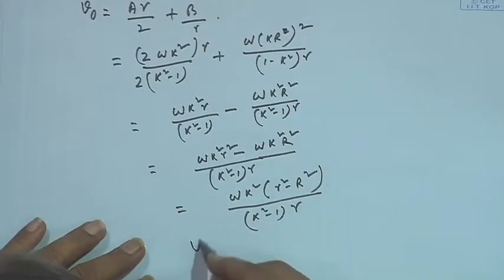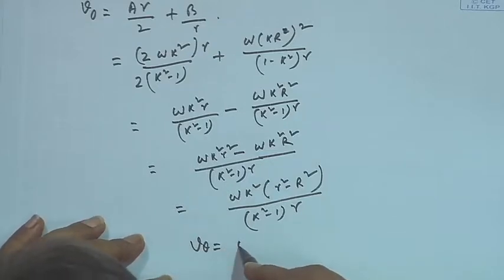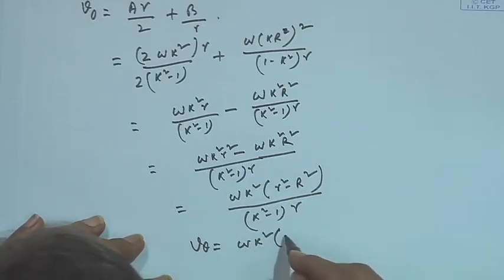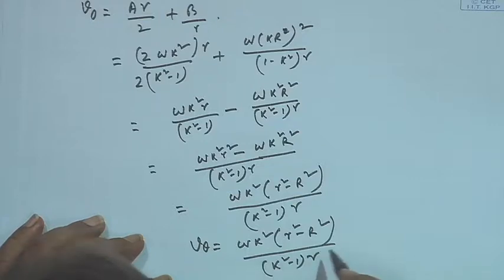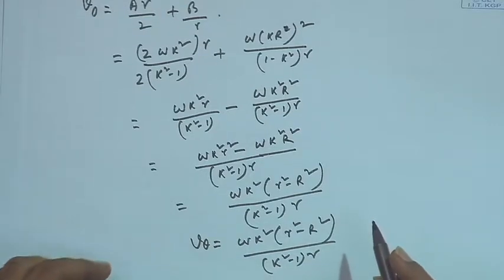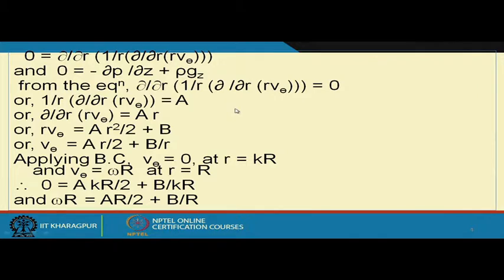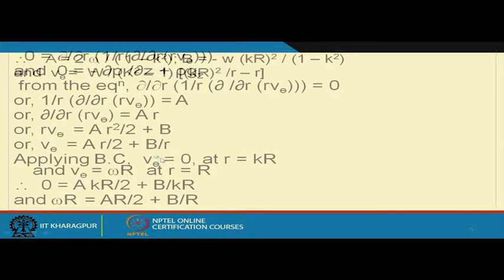So V theta is equal to omega K square R square minus R square divided by K square minus 1 into R, right. So we can do this. So V theta we have done. Now let us look into what changes we need on this. Now here, if we look at